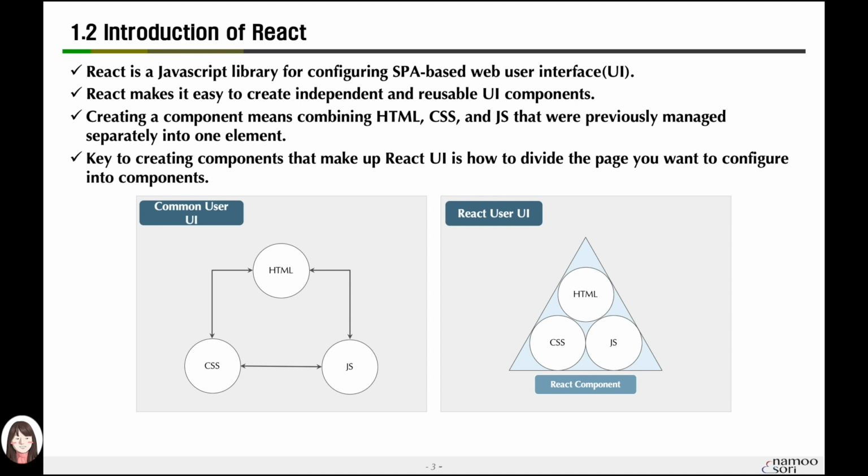So if you want to reuse it, React creates the structure in the form of importing and using the component. From now on, when we compose a page, we design this page to consist of certain components. You can understand that making those components using React will be the general way we organize pages in the future.